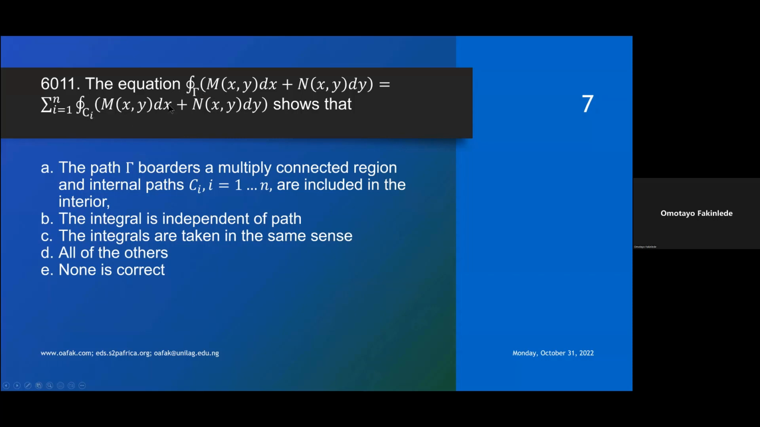But by the time you take this part of the equation to the other side, the integrals are now taking the same sense. And the answer here is all of the others. This is an exception to the rule. I will correct this. The next one is the